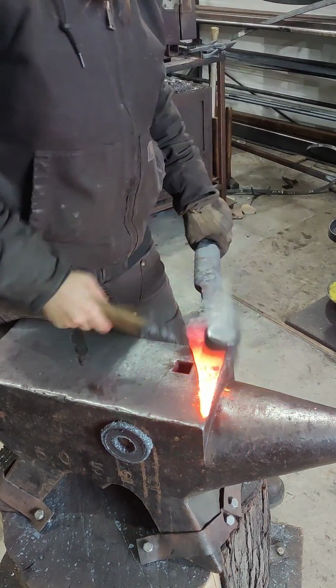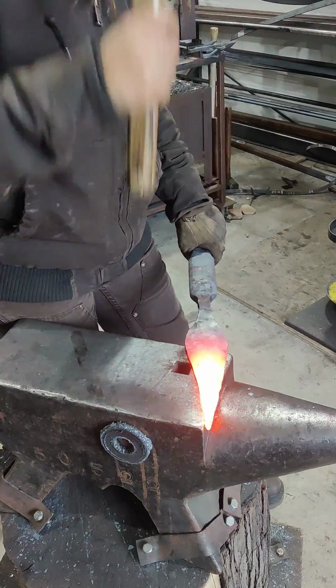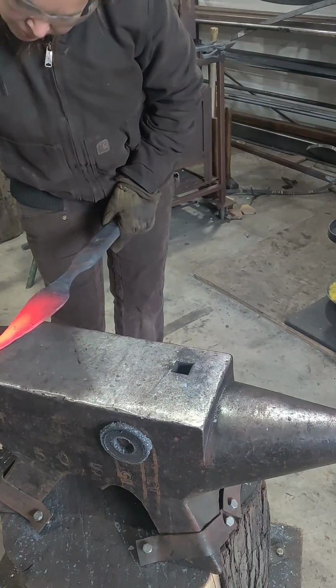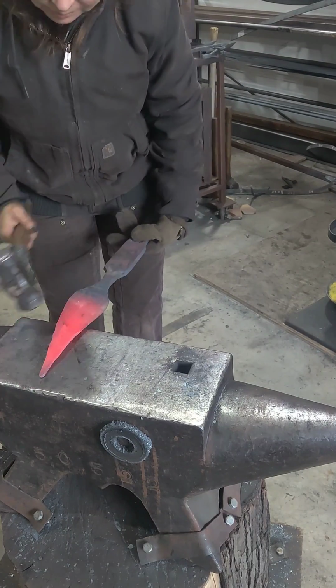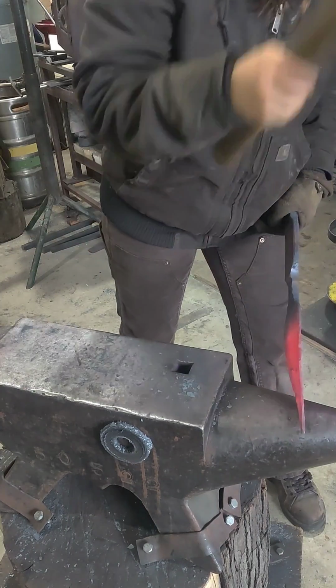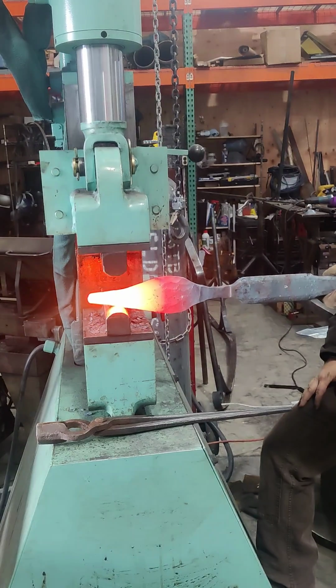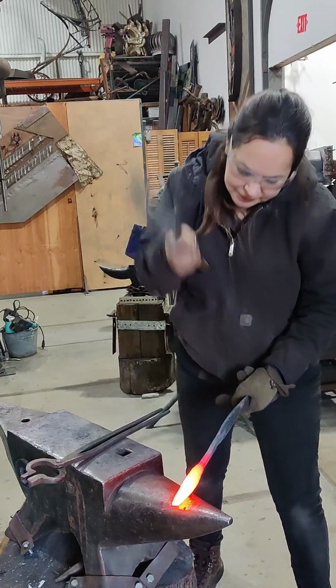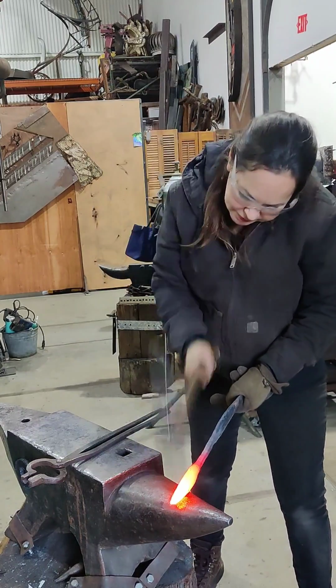Right now I'm beveling it, and in order to give it the depth and the hammering effect that I wanted, I had to hand hammer most of this. So I drew it out a little on the press, but mostly you'll see that it's all hand hammering. So I'm giving myself a little bit of a help right there, and now I'm switching to the other side